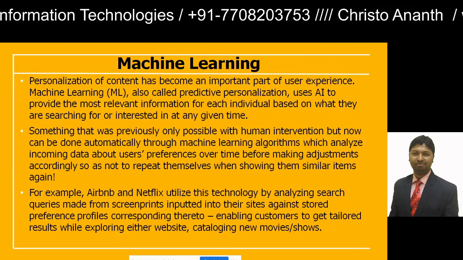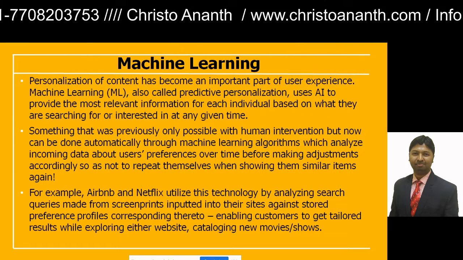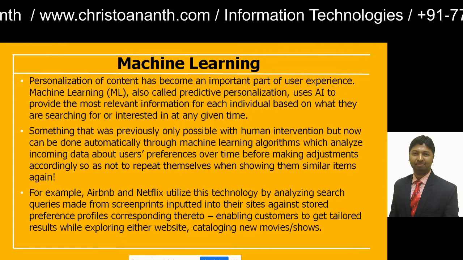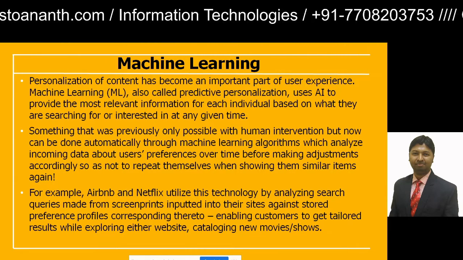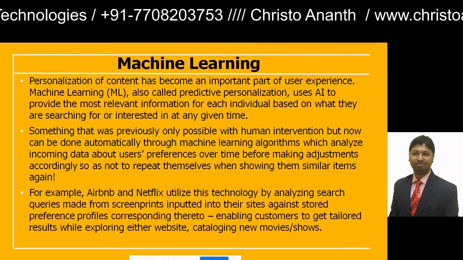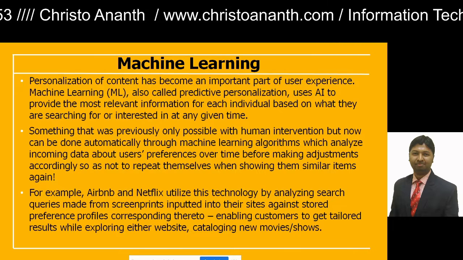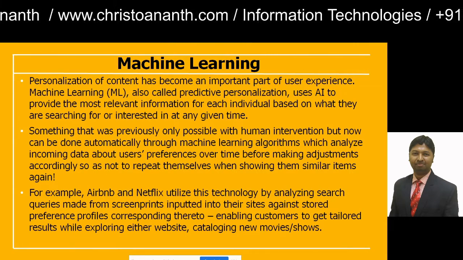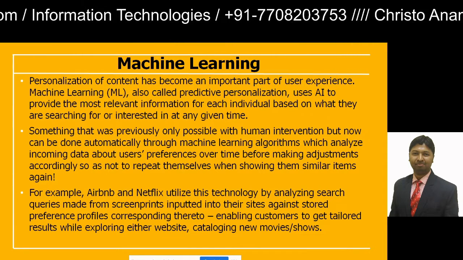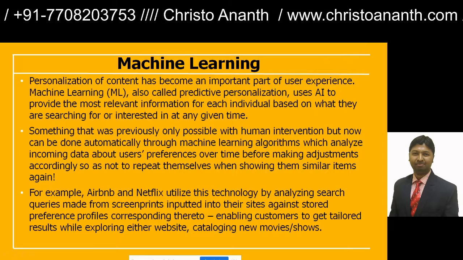And it will be giving some suggestions, and maybe if I'm looking for a tiny radio, the price, let us take in this case $20, and below I will be getting suggestions of combo packs like a tiny radio along with a tiny washing machine. It costs you maybe $50. So this is all about artificial intelligence in combination with machine learning. So this is predictive personalization. Also, what are all the other brands offering similar products, that also you will have as suggestions. So this is what you call machine learning.